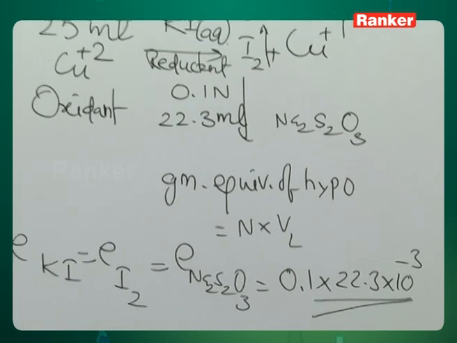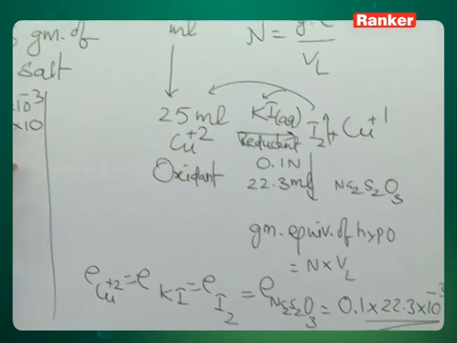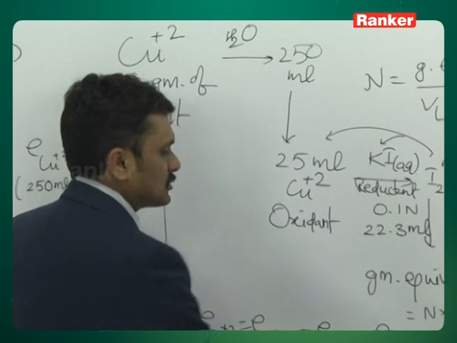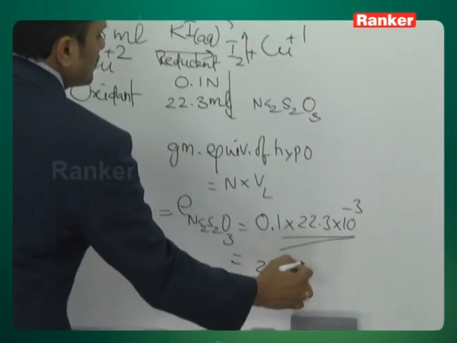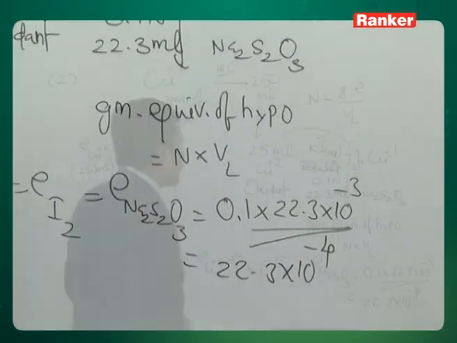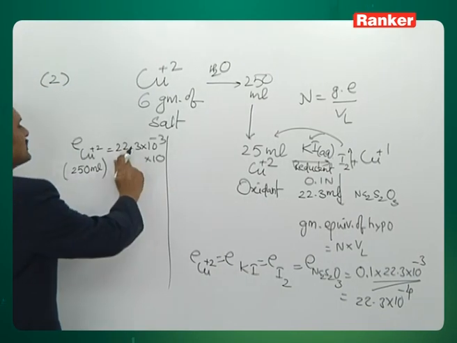I am repeating, this is the gram equivalents of this particular compound. You can see here this is turning out to be 22.3 into 10 to the power minus 4. So 22.3 into 10 to the power